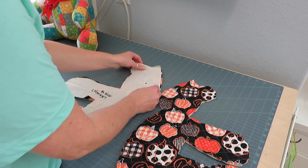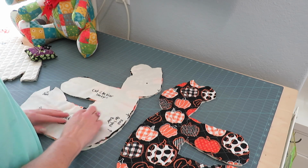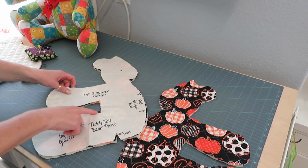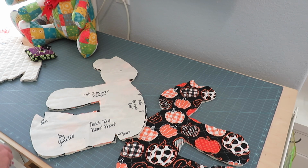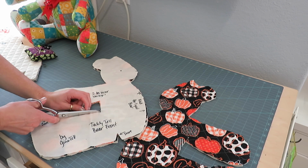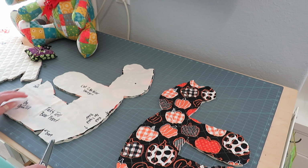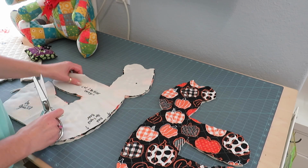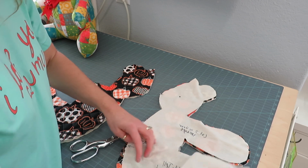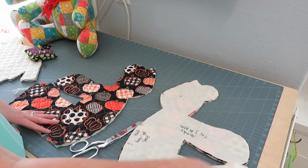So here's what we're going to do for the head. We're going to lay that there. And oh, you know what? Sometimes when I do them, I won't get it cut just perfect the first time around, and then I go back through and I cut it a little bit better. So that probably just happened when I was doing the cutting. So just go back and look. That means that probably this side's the same. Let's see. Nope, this side looks just fine. Okay, so the front,